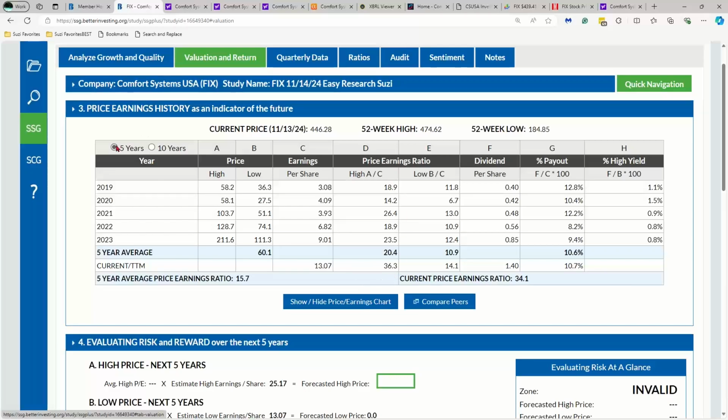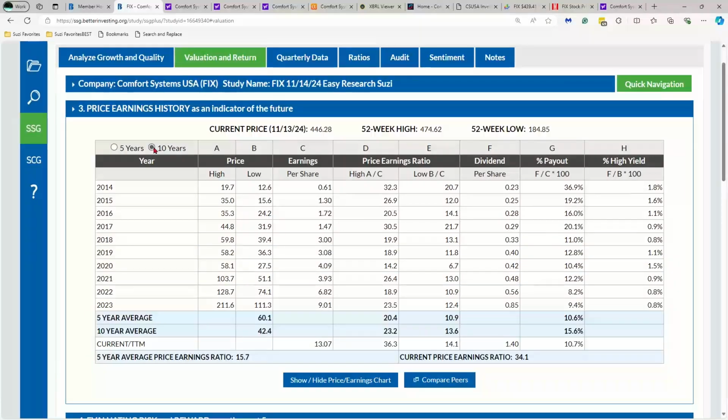But I want to point out that we not only have 5 years of prices, earnings, PE ratios, dividends and so forth. Click on this radio button and you can see 10 years of those values. I mentioned dividends. This company does pay a dividend, so that's another piece of information for us. And we see how the dividends have been growing year after year. And what the current dividend is: if you bought it tomorrow, you'd get $1.40 per year